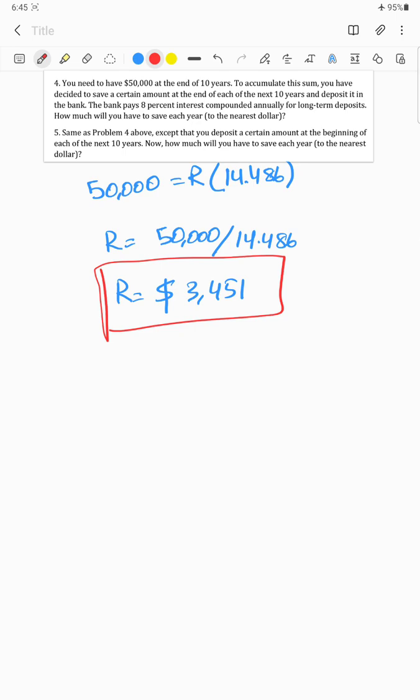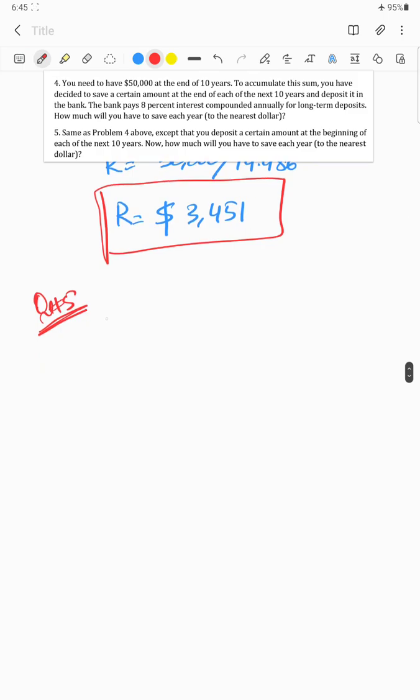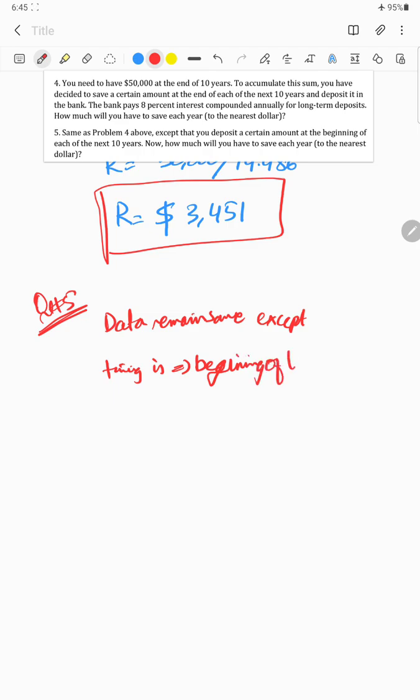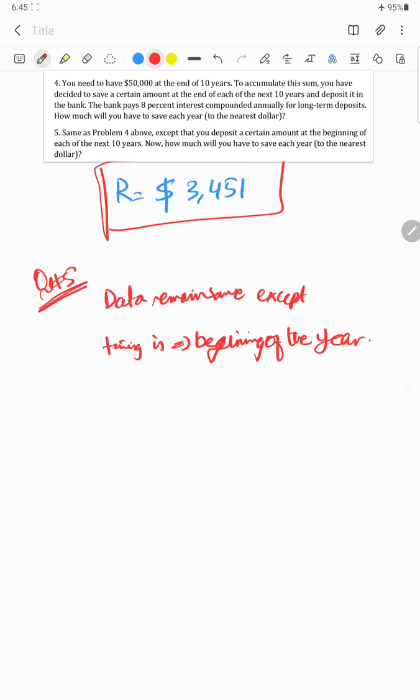Now, if you read question number 5, it says same as problem 4 above, except that you deposit a certain amount at the beginning of each of the next 10 years. Now, how much will you have to save each year to the nearest dollar? So now all things remain the same, except timing is the beginning of the year, which means